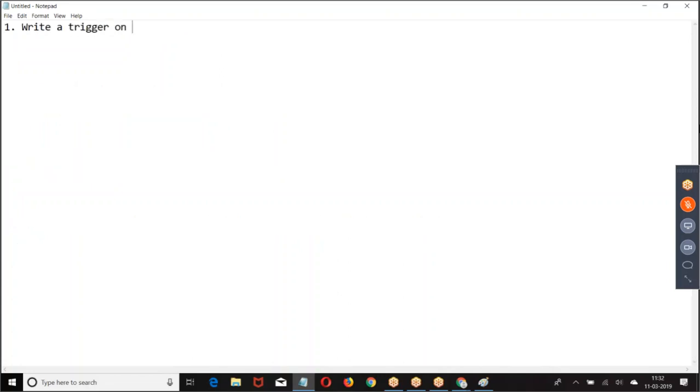Write a trigger on lead object. Write an insert trigger on lead object. Lead source as email.